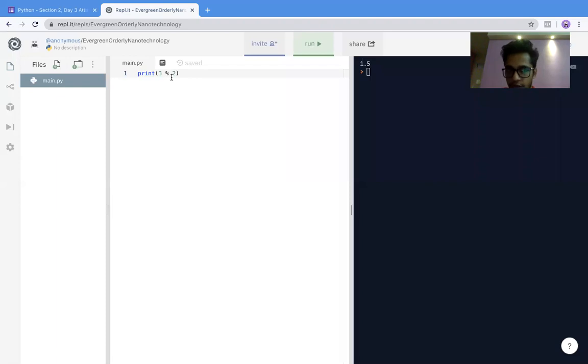The quotient is what you get on top, and the remainder is what remains after dividing it. So if I ask you, what is the remainder of 3 divided by 2? 1 is the remainder. Yeah.